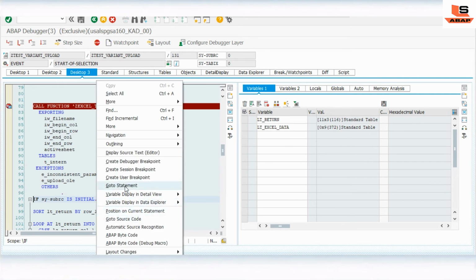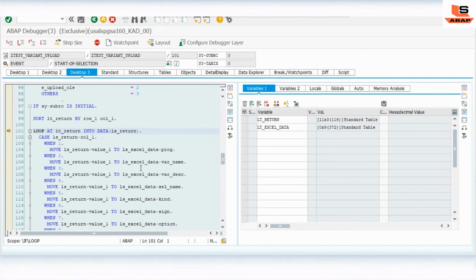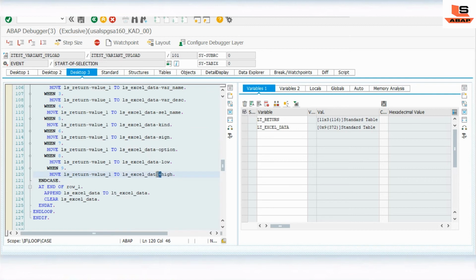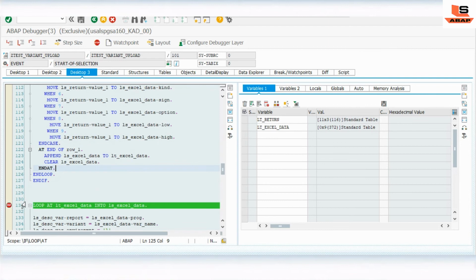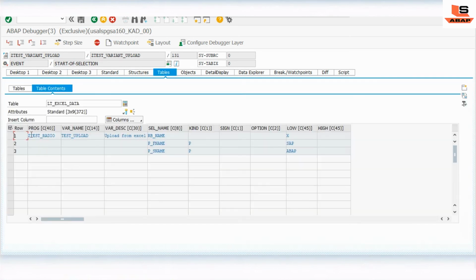So now what we are doing, we will just sort this table, and in this section we are just moving this Excel data to our internal table data. Debugger here and F6. So as you can see here, LT extract data. Program name, variant ID, description, name, value, whatever we have in Excel, it is coming over here.